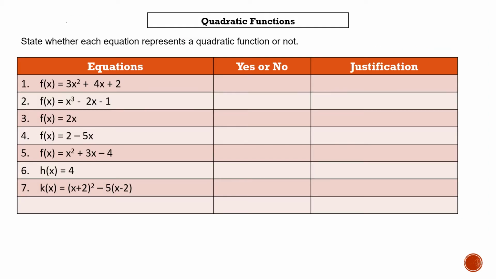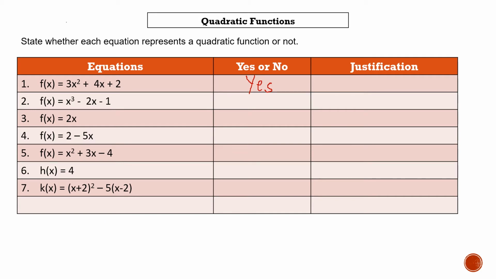Okay, let's try this activity. State whether each of the following equation represents a quadratic function or not. Number 1, we have f of x is equal to 3x squared plus 4x plus 2. Yes, it is a quadratic function, or no, it is not a quadratic function? The answer is yes, it is a quadratic function because there is the quadratic term, the linear term, and the